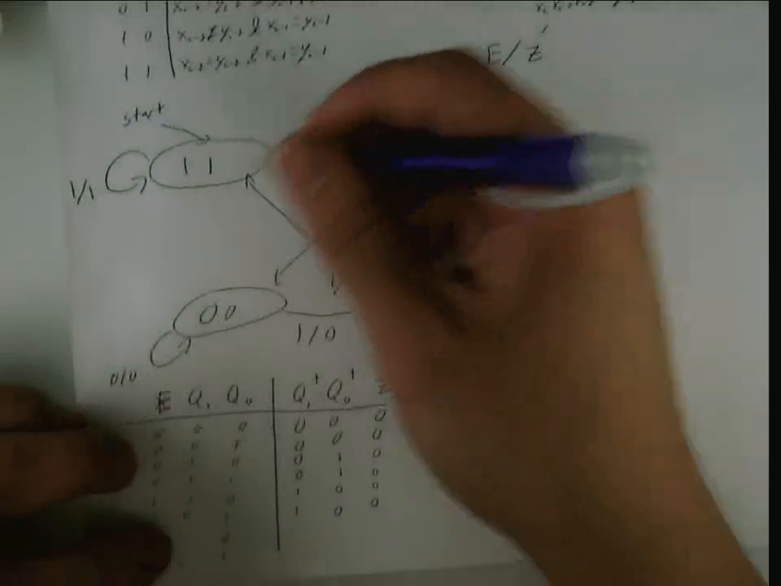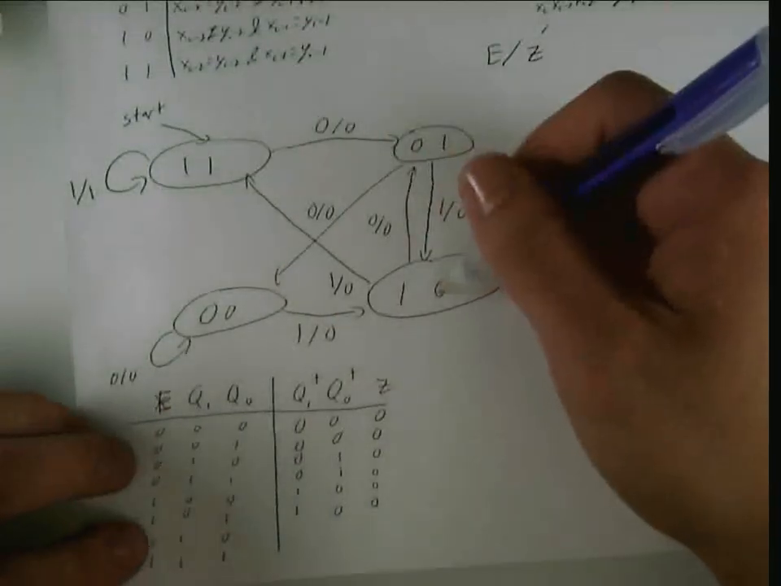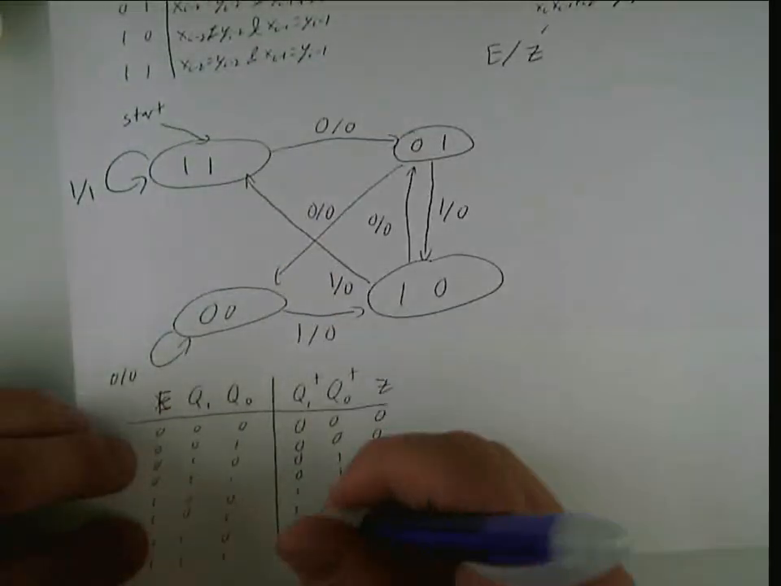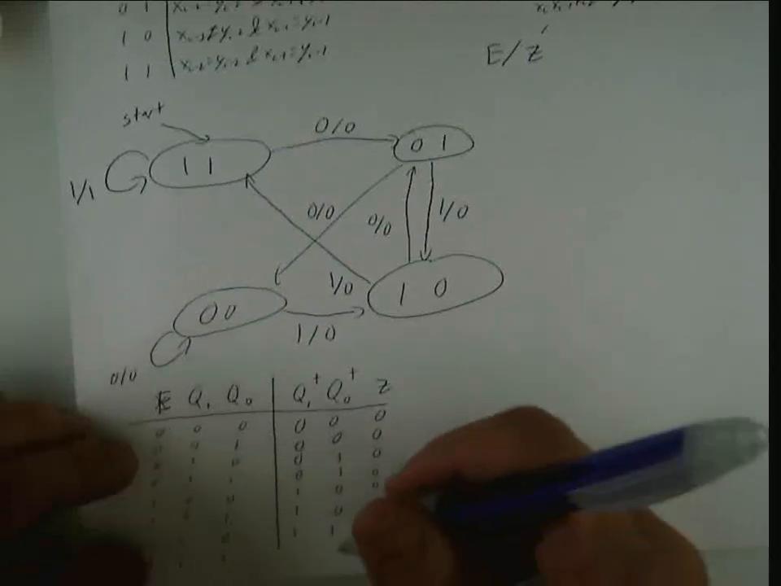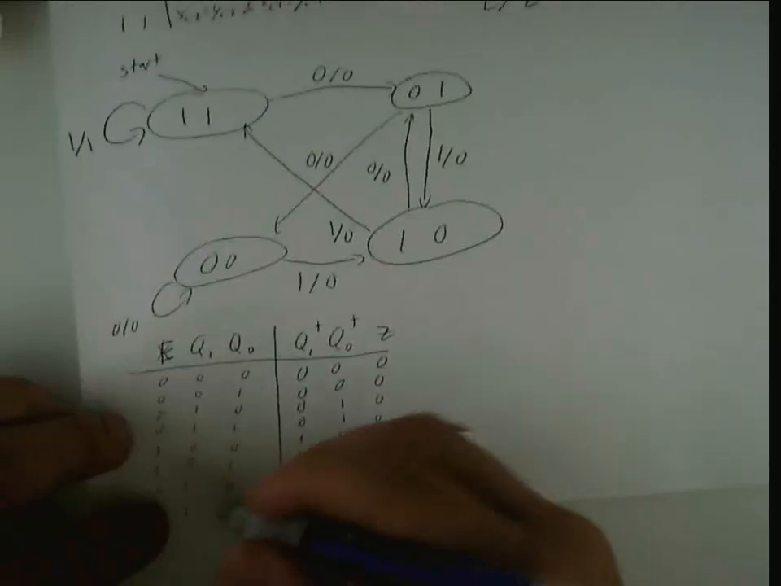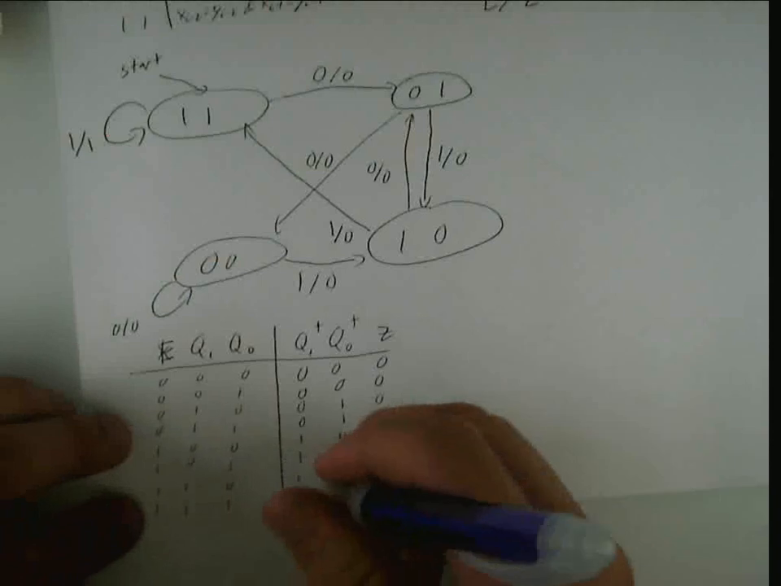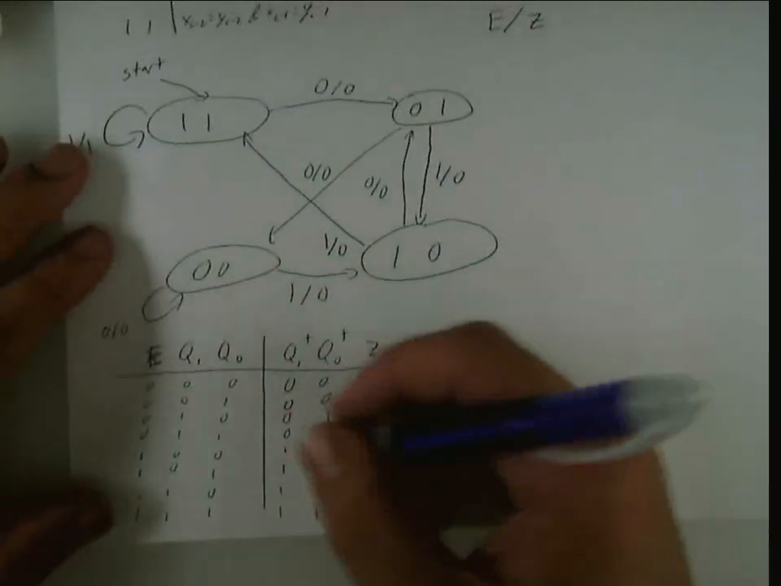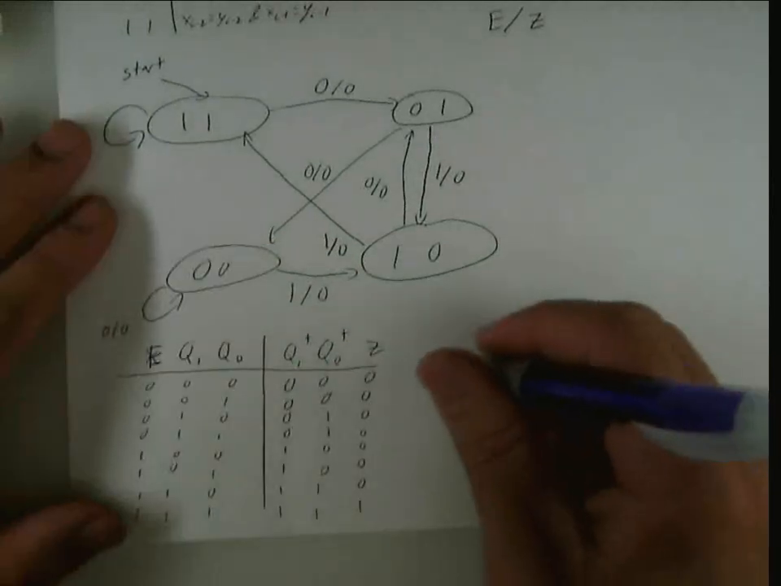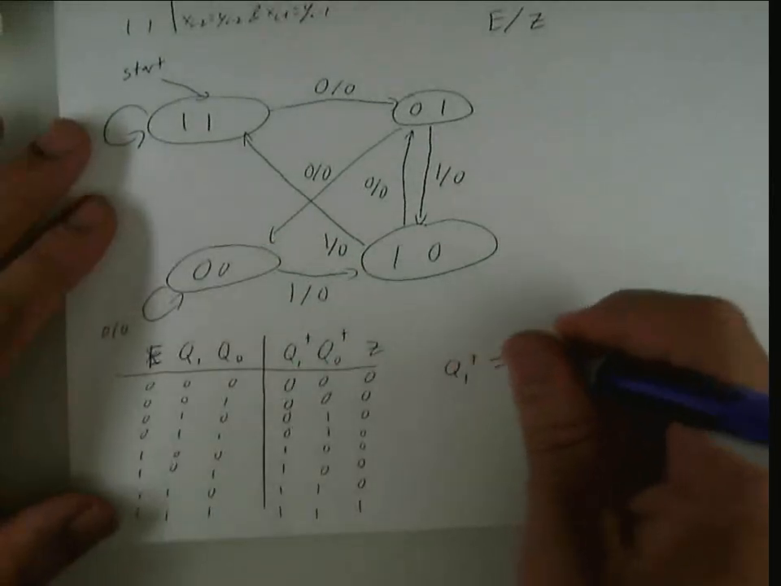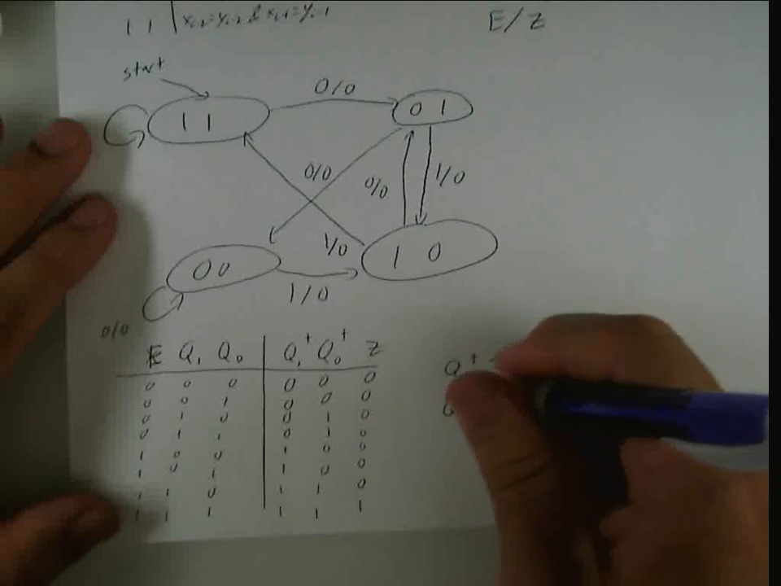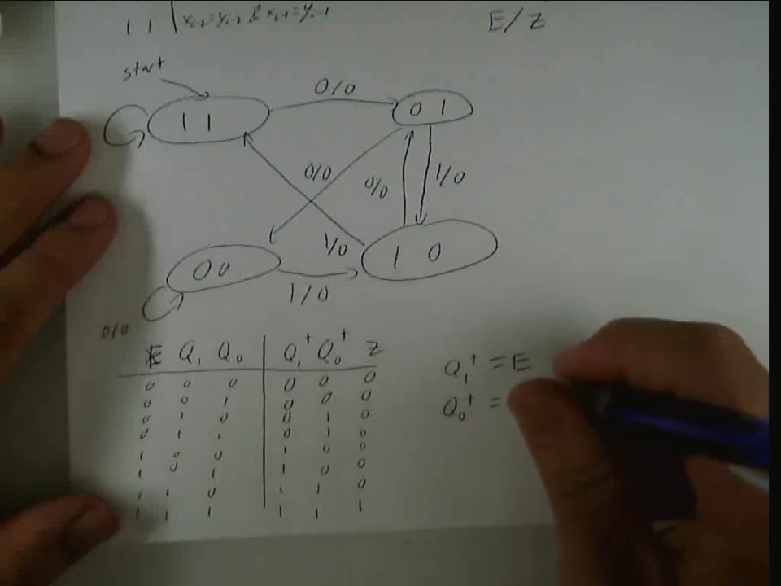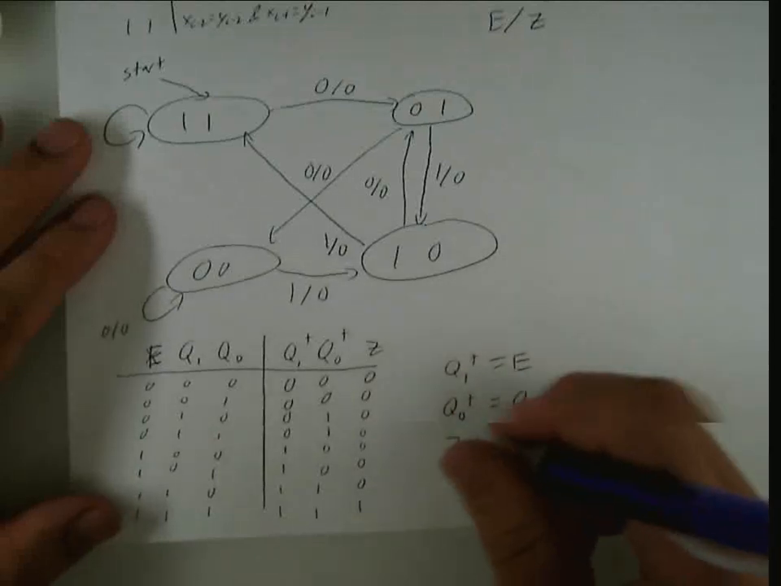If I'm in state 1, 0 and I get a 1, that'll send me to state 1, 1 and I should output a 0. And if I'm in state 1, 1, and I get a 1, that's going to keep me in 1, 1, and I'll finally get an output of 1. So just glancing at this, I see that Q1 plus is equal to E, Q0 plus is equal to Q1, and Z is equal to